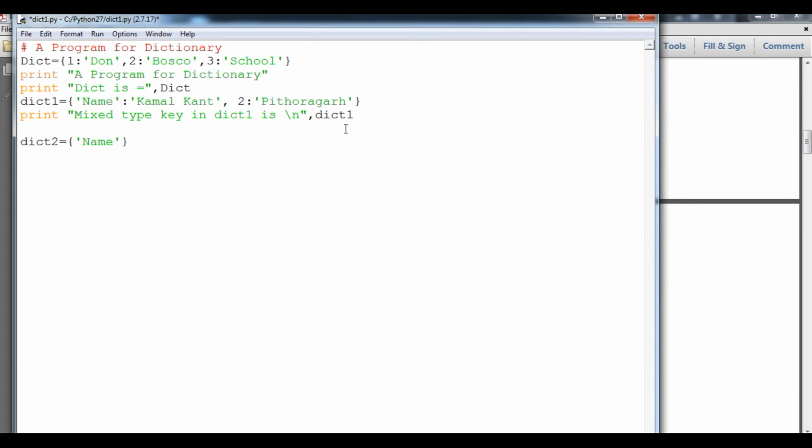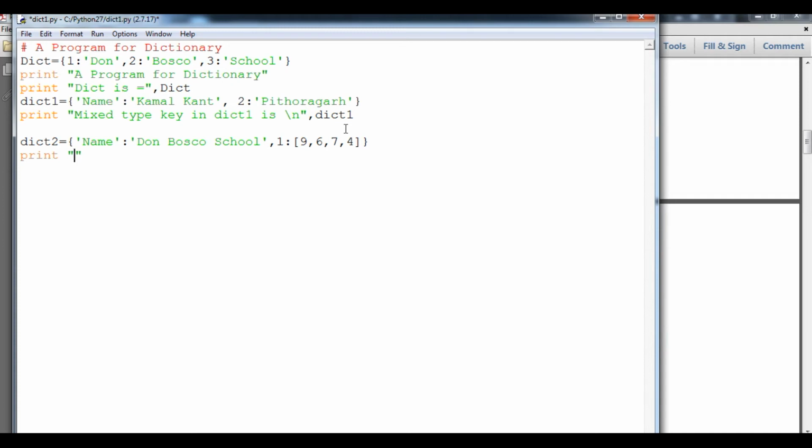So here name, Don Bosco school, then after that I will say 1 colon, I will provide here some list like 9 6 7 8 4 5, and then I'm going to just print it.